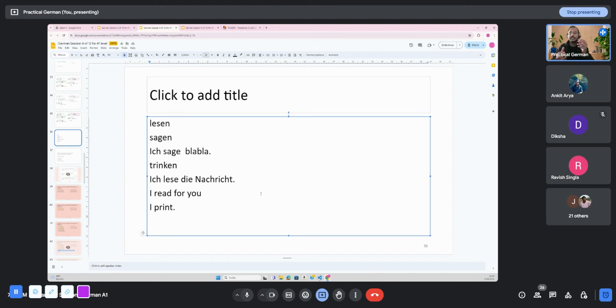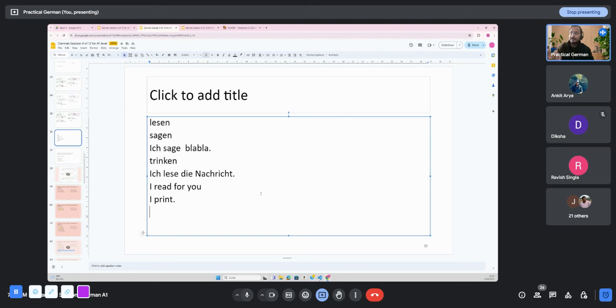So the same sentence can have accusative and dative objects. The accusative object will be the one which is getting directly influenced by the verb or by the subject. The indirect dative object is the object which is getting indirectly influenced by the subject of the sentence. Let me see if there are other ways to think of this.